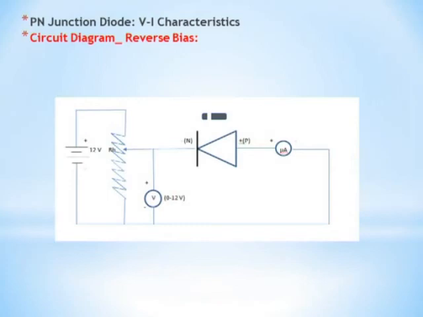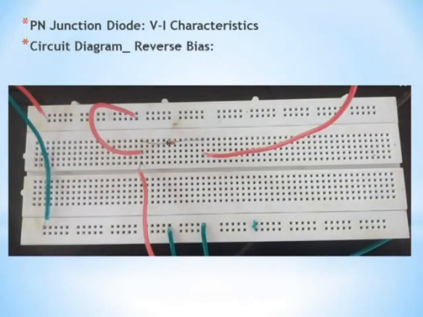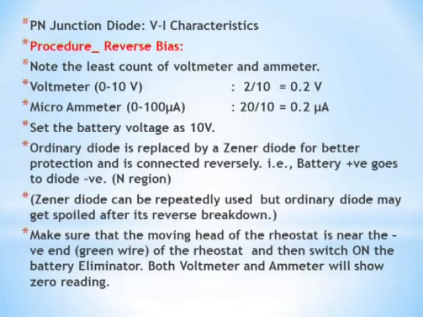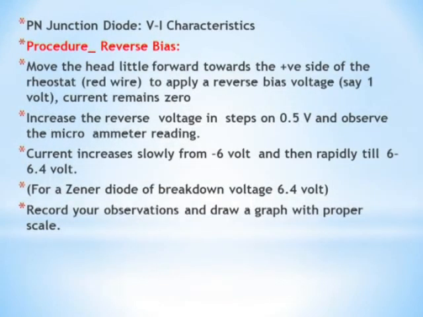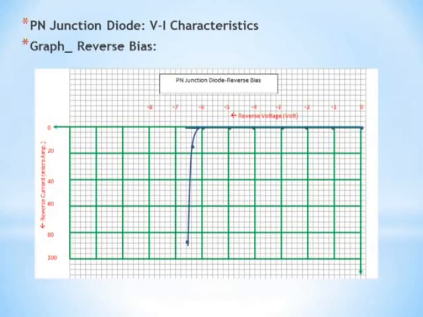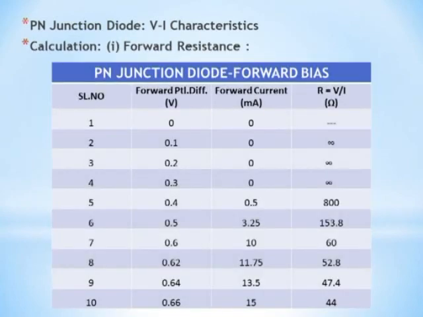Use appropriate scaling. For reverse bias, see the difference between the circuit diagrams. The diode is just reversed, with the battery voltage 2 to 10 volt. And then on the breadboard also, the diode is just reversed. Milliammeter to microammeter, there is a change. In the procedure also, the voltmeter least count and the microammeter least count are noted. Reverse bias is proceeding, and we are getting the breakdown voltage. Here are the sample readings: at 6.4 the current starts, at 6.6 it is 90, and then after that beyond the range. So the downward progressing line shows the breakdown.